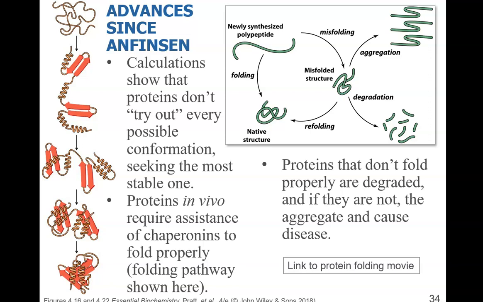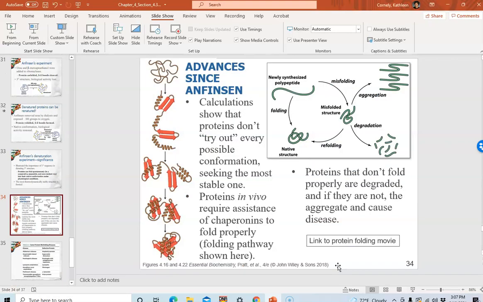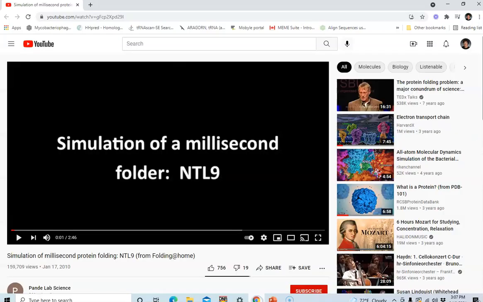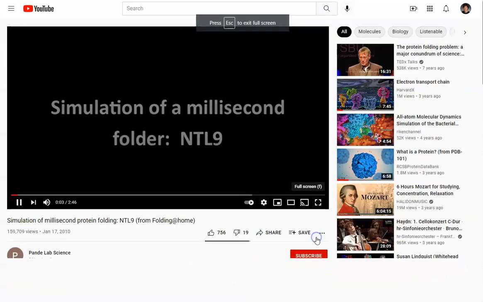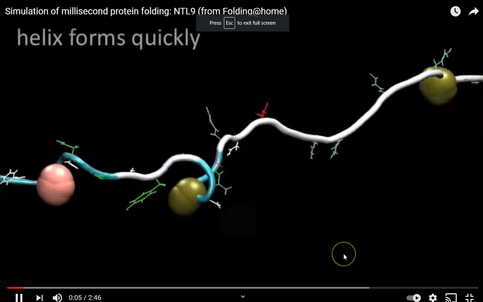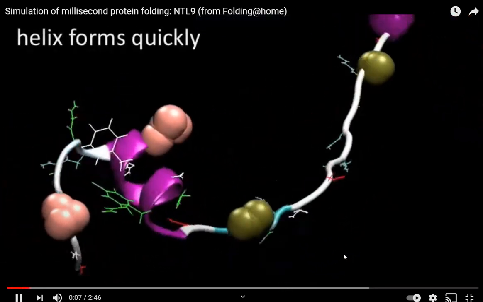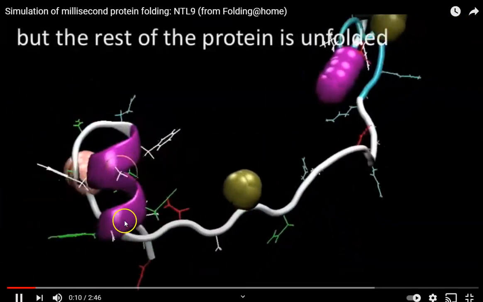So I have a protein folding movie that I'm going to show you. Hopefully this works on this recording. I wanted to get out of the ad. This is from the Pande lab. So this shows, at the beginning, you saw the